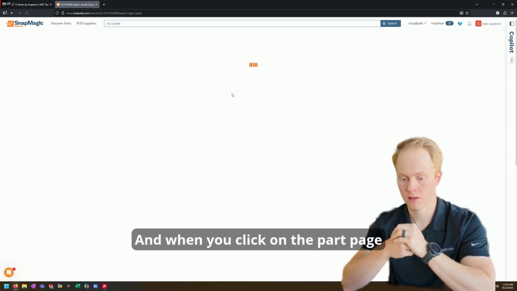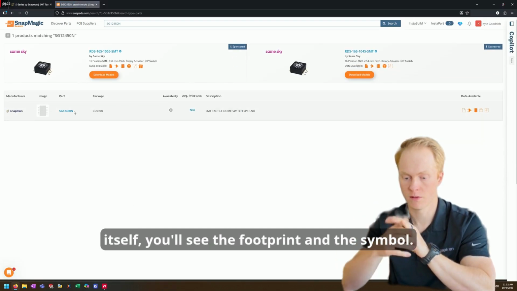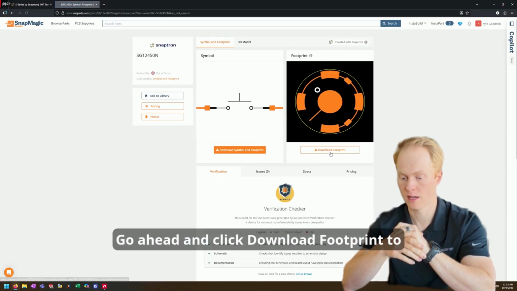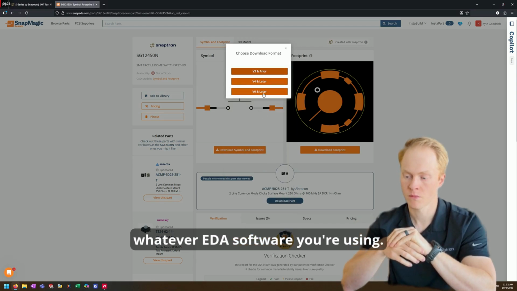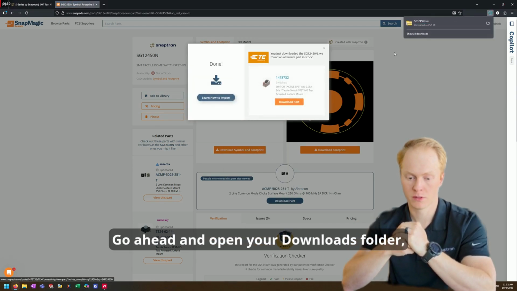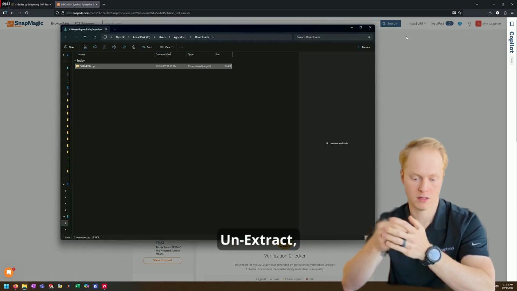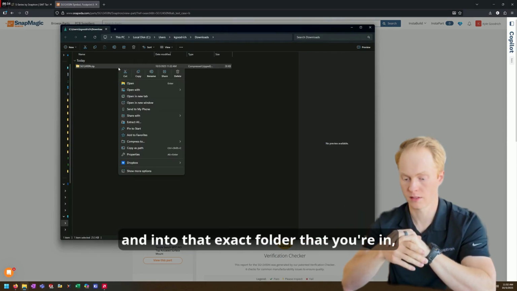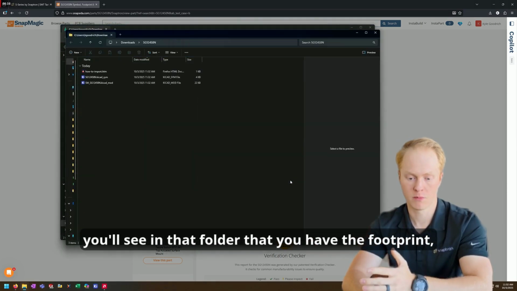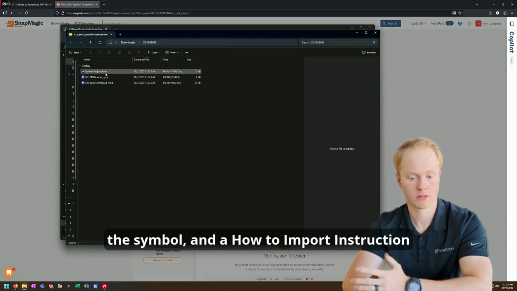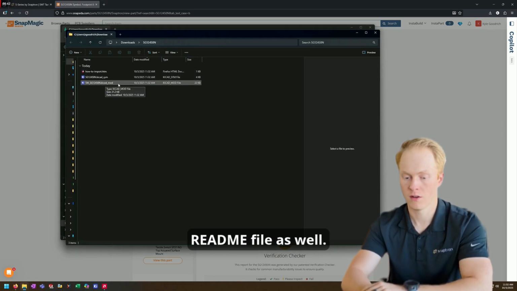And when you click on the part page itself, you'll see the footprint and the symbol. Go ahead and click download footprint to whatever EDA software you're using. Go ahead and open your downloads folder, extract, and into that exact folder that you're in. You'll see in that folder that you have the footprint, the symbol, and a how to import instruction README file